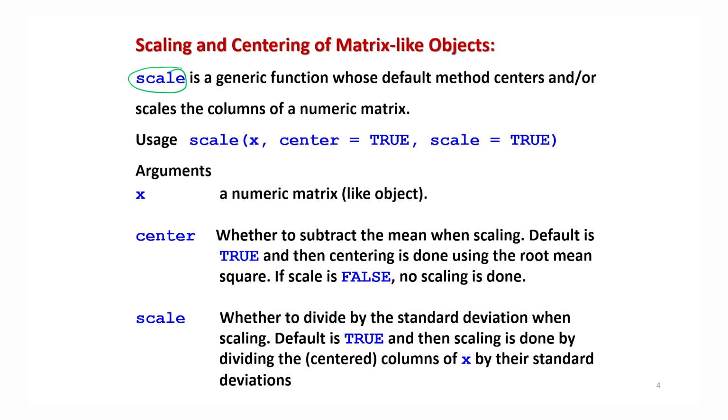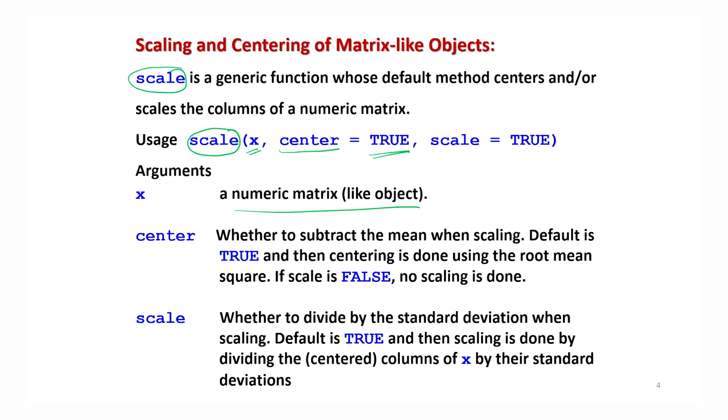So if you want to use this scale function, then the command here is scale, and after that you have to give here the x, which is a numeric matrix or a data vector or a data frame also. I will try to show you with different examples. Then we have the option here, center, and this is a logical variable which takes value true or false. So this is, as the name suggests, centering. This is used for centering of the data. Centering means x minus mean, so that all the data is centered and the mean becomes 0.